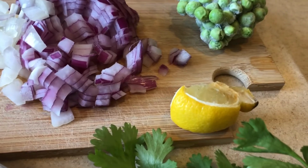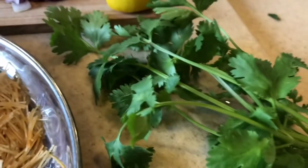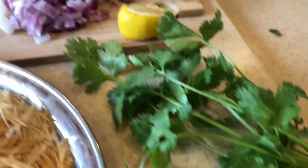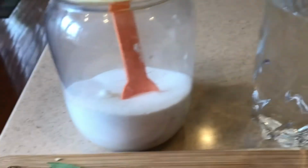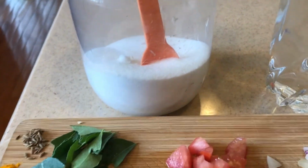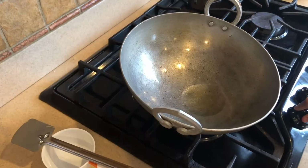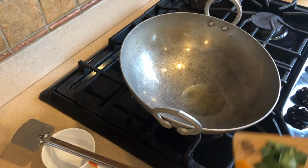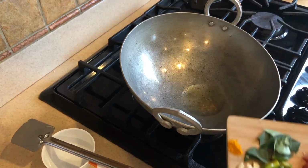So we're gonna squeeze some lemon for that nice and fresh taste, and we'll garnish it with coriander. Again, we need 1 tablespoon of oil, hot water, and salt to taste, about half a teaspoon. Alright, let's get going. In the pan, I have added 1 tablespoon of oil, and once it's heated, let's add cumin seeds,